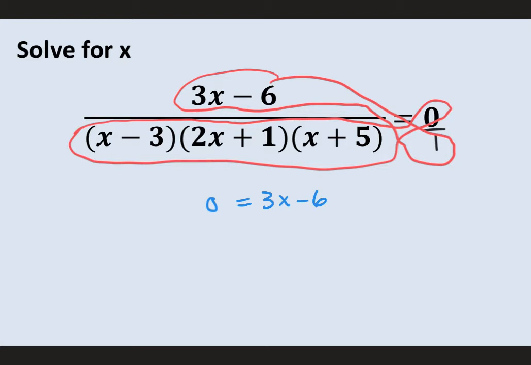We'll go ahead and add the 6 over to the other side. We get 6 equals 3x. We'll divide by 3, and we get x equals 2. All right, so our x equals 2 here. This is our answer. What we're going to do, though, before we're done with the problem, is